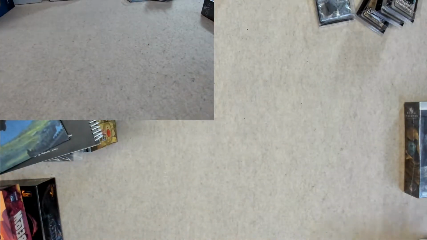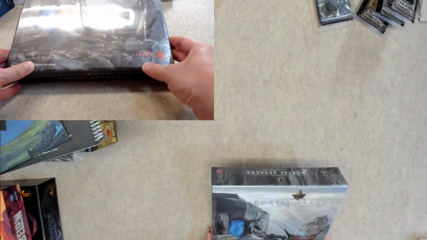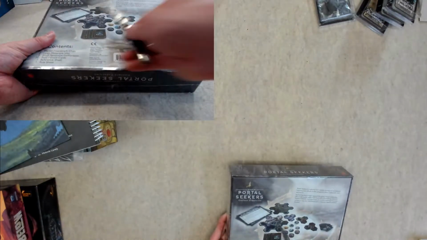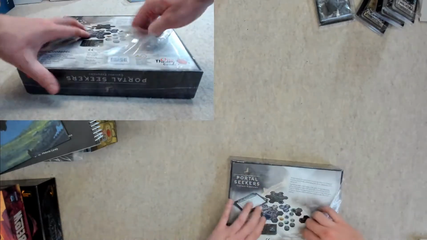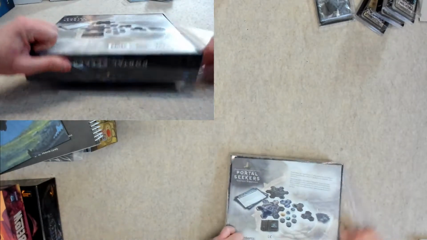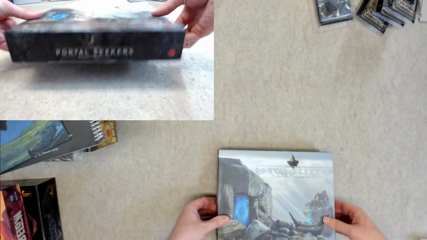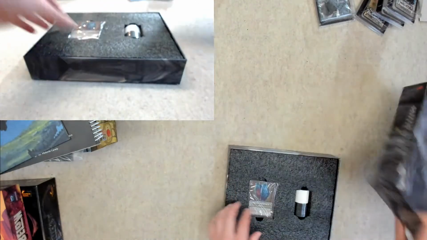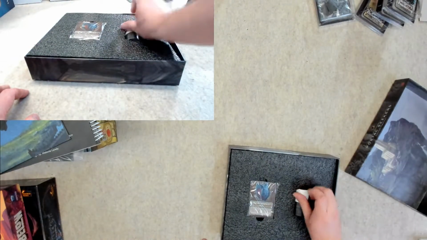So that's nice. And then I have the Portal Seekers content expansion. Looks like it's just more cards, more matte tiles, maybe a few poker chips. We'll see here. Yeah, another set of poker chips, cards,